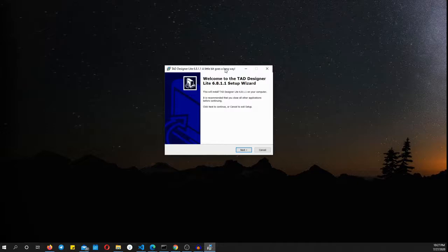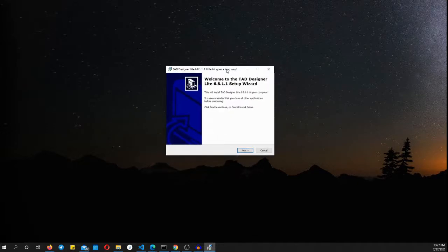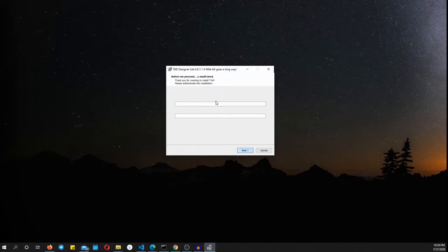So let's proceed. You double click on tadsetup.exe and Windows will show a few messages that it is from an unknown source and things like that. You can just ask it to proceed and run anyway, and then you reach here. Now when you click on this next, the first step it will ask you is for an authentication. The installer itself needs an authentication, and the code for that authentication was sent to you in that email. So please refer back to that email, and give your email there. I'm using mine here, okay, and then